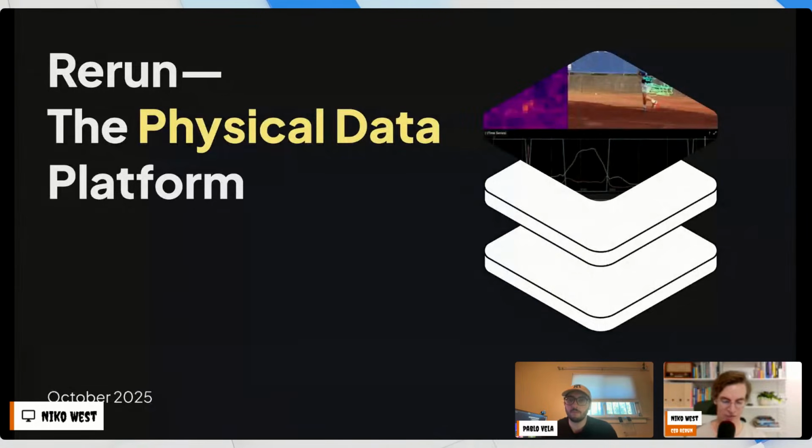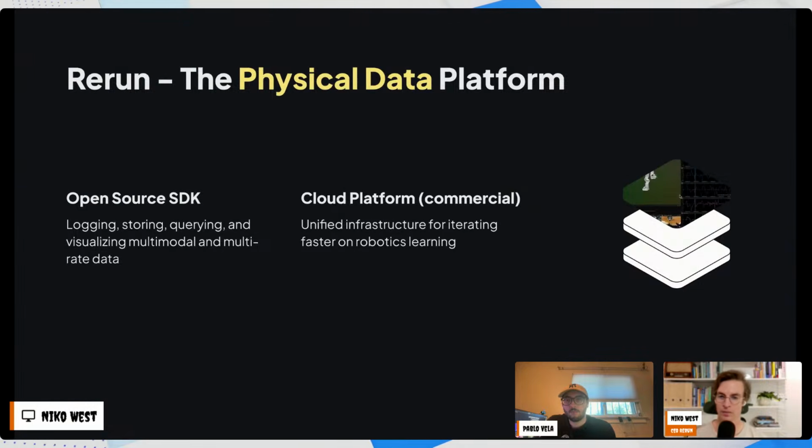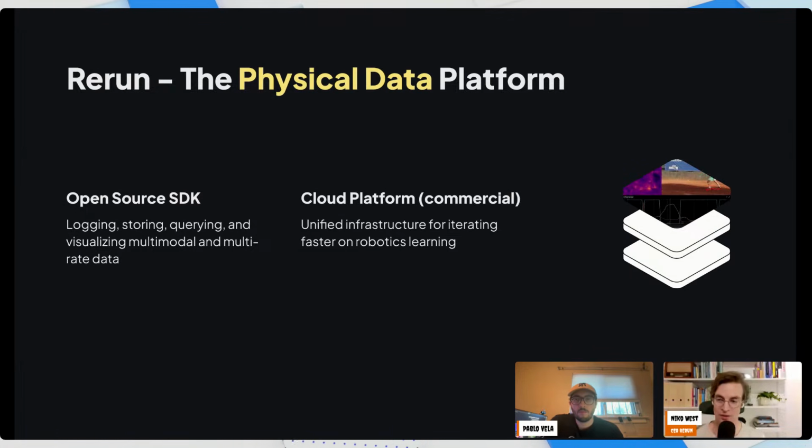Fantastic. Okay, so I'm here to talk a bit about Rerun, the physical data platform. Let me just see if I can make this thing move. There we go. I'll get into the why and everything, but just to level set a bit: at Rerun we build two things. An open source SDK for logging, storing, querying, and visualizing multimodal, multi-rate data.